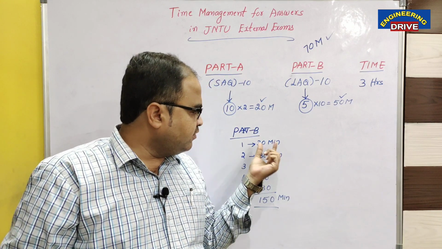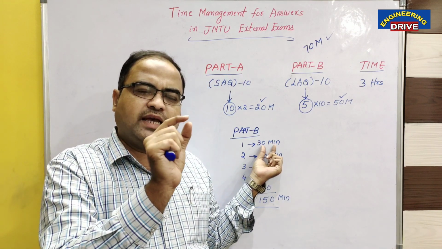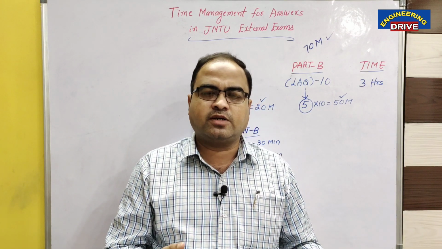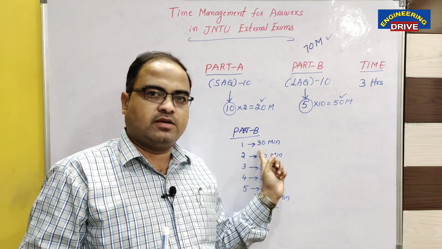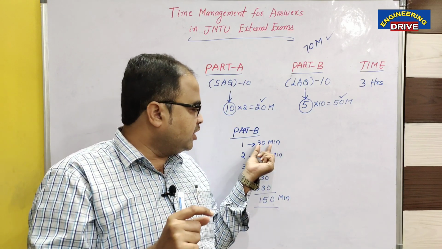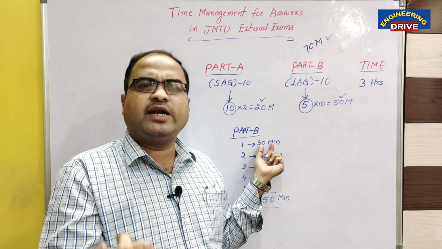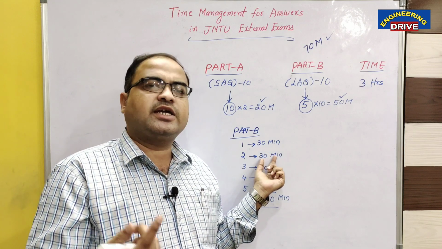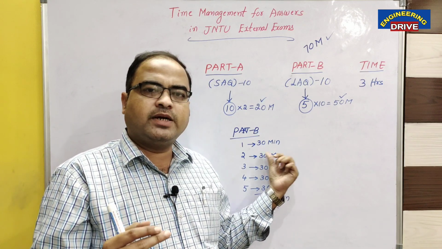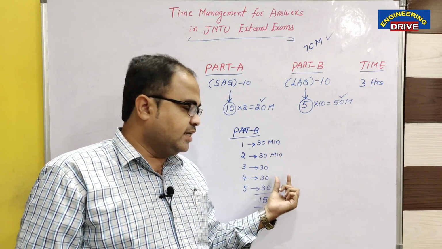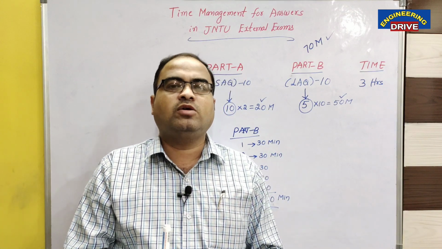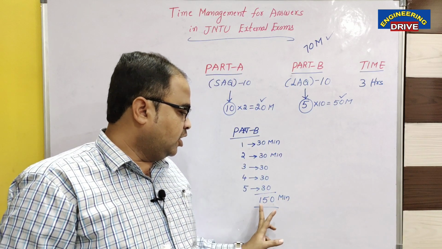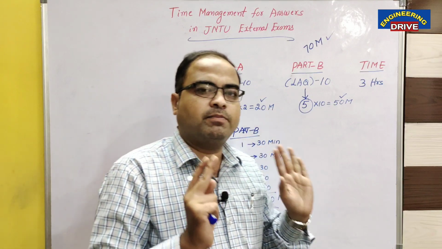To write how many answers? 5 answers. Now, sir, whether these 30 minutes you are saying is only about a single answer? Sometimes long answer questions will be given with A and B. We know that. I am saying, even though A and B are given to you, you need to complete in 30 minutes. A answer you write in 15 minutes, B answer you write in 15 minutes. Total 30 minutes. Similarly, for the second question, let us say A and B is given. A 15 minutes, B 15 minutes, 30 minutes. Like this, even if A and B is not given, maximum you need to take how much time? 30 minutes. So finally, the 150 minutes for long answers should be completed by this time.